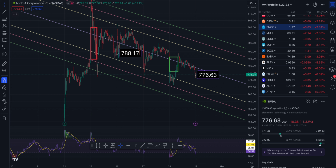First up is NVDA. My neighbor told me today that he bought a couple of shares, so I thought I would take a look at this, and he said he is down. And I can see why he's down just by looking at the chart. Now, we ended the day at